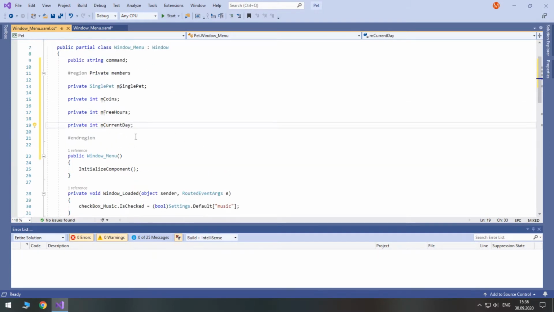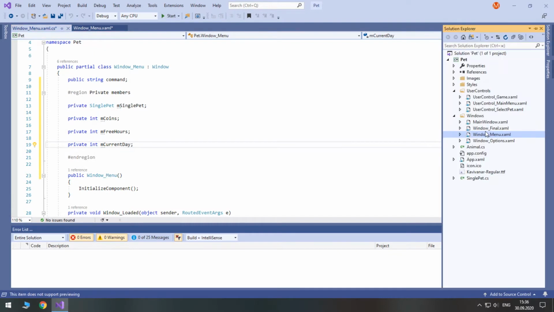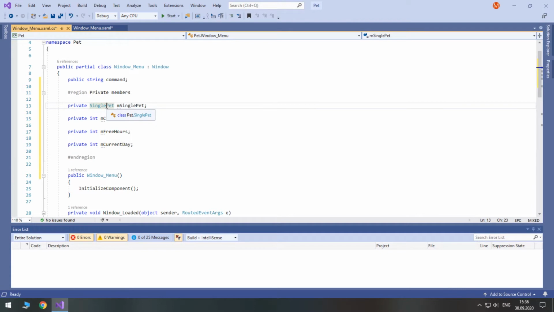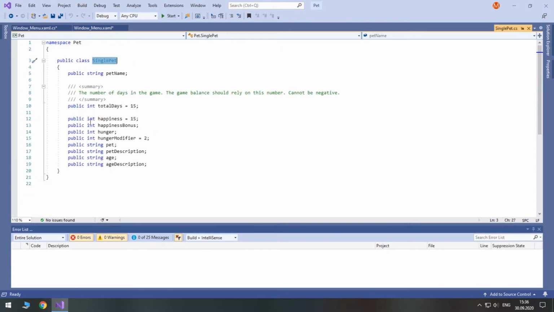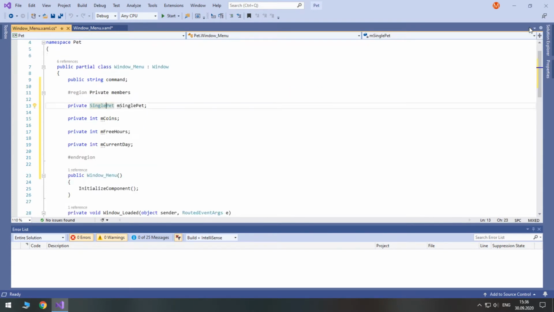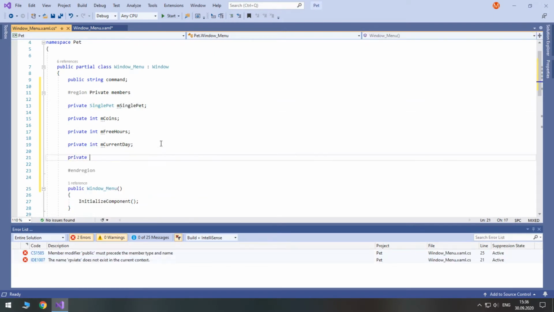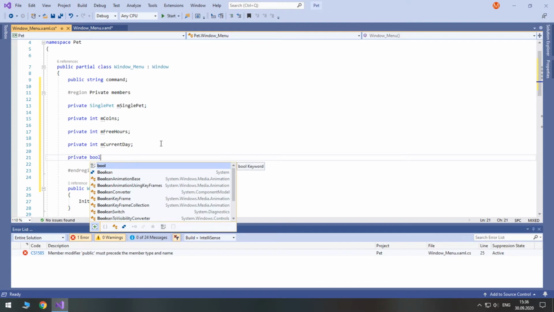By the way, if you wonder why we do not use the class for all of these variables, that's because our single pet holds only those fields which are relevant only to the pet, not the game process in general. So let's continue. The current day. Also, we will have a private boolean field for the status of vegetables.